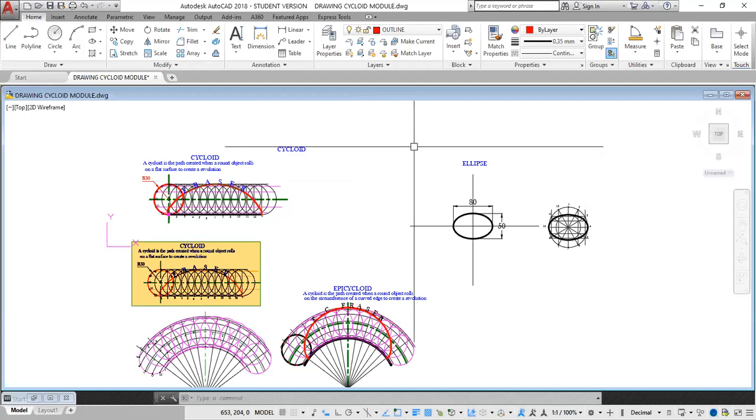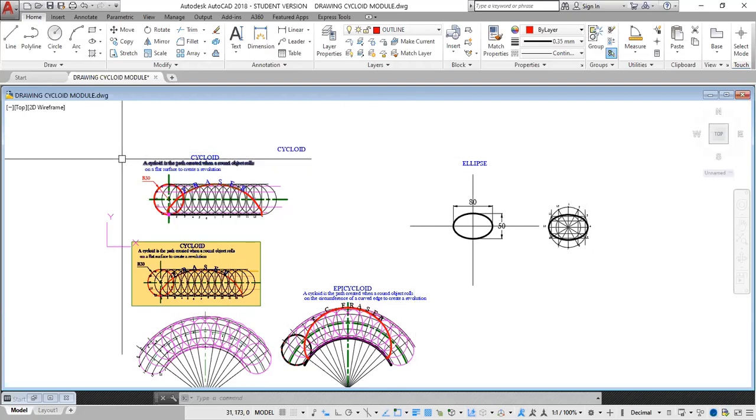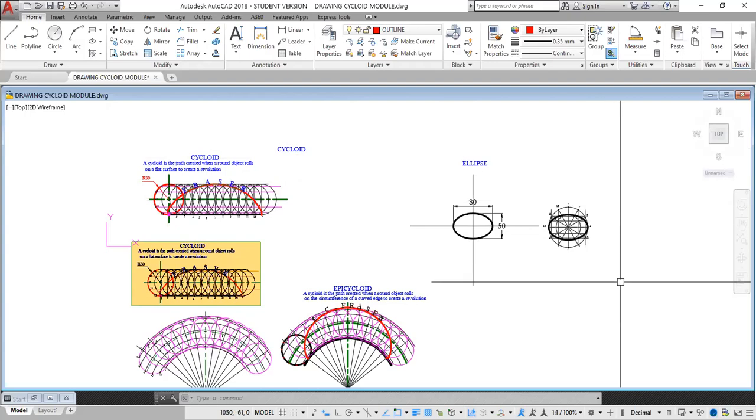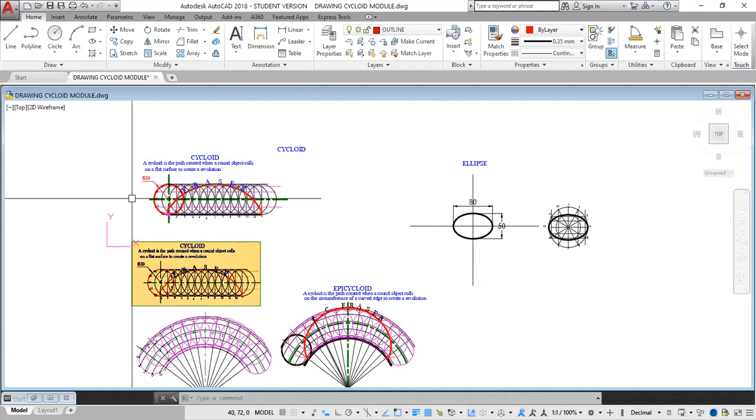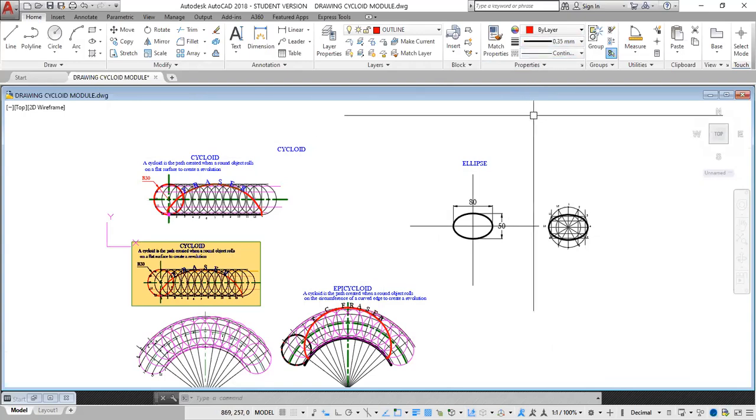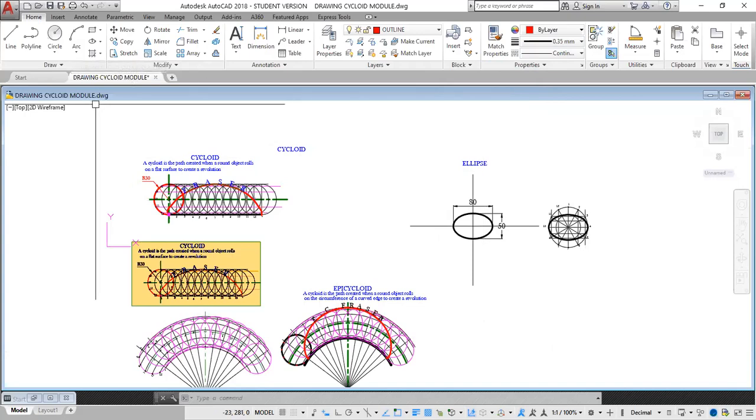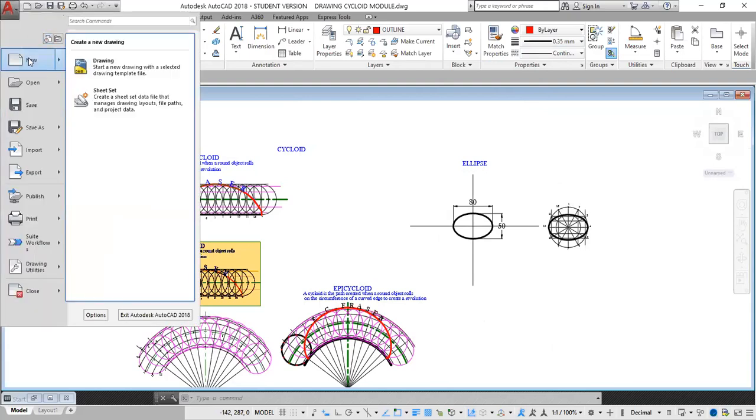My first task is I wish to move this drawing file from this drawing to a different drawing, as I realize that some setting in this drawing is malfunctioning and I will need some time to sort those out. So for that, I will be creating a new template. For that, I go to Application, click New,